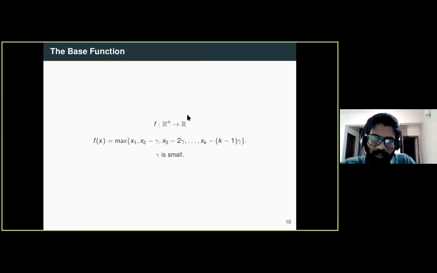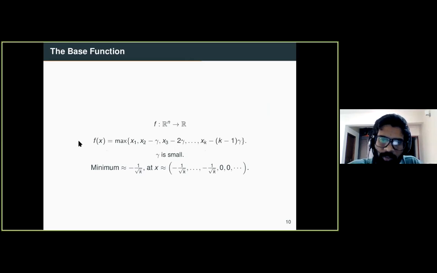So again, it takes an n-dimensional input. Again, it's a maximum over coordinates, but there's some kind of preference over here. X1 is preferred more than X2 and more than X3 and so on because of this slight gamma that's being subtracted from each of the subsequent terms. But gamma is really small, so it's not going to affect the global behavior of this. So the minimum value is still going to be approximately -1 by square root k, and it'll take this value